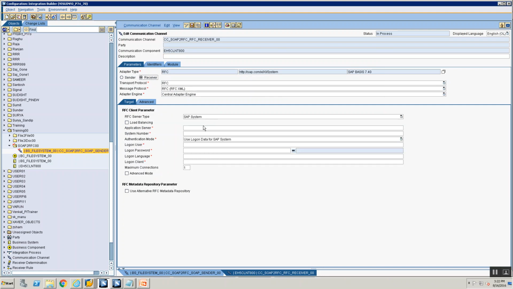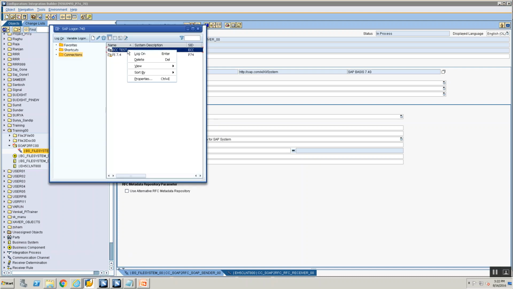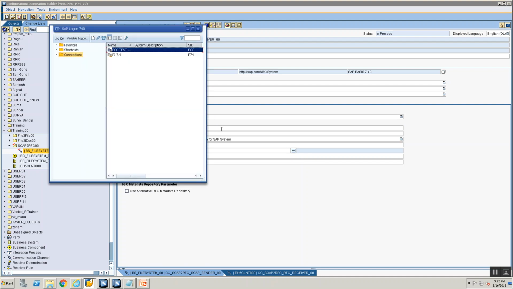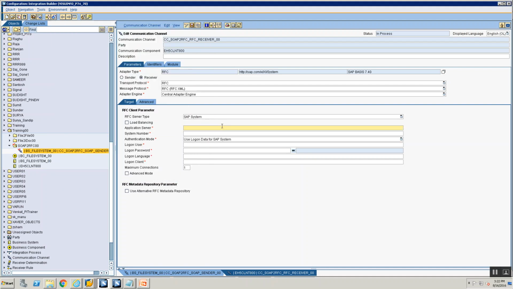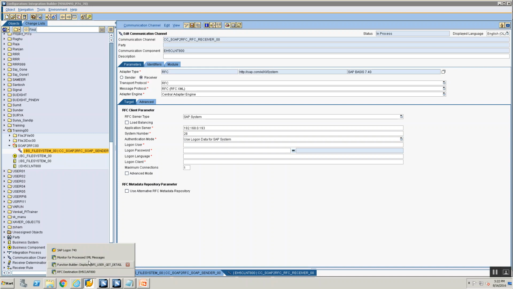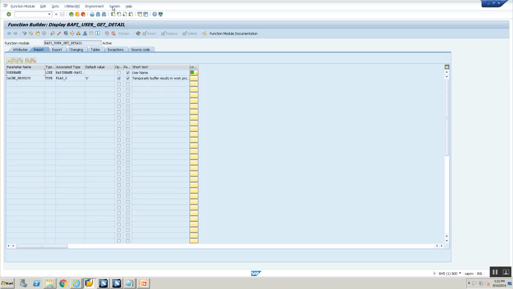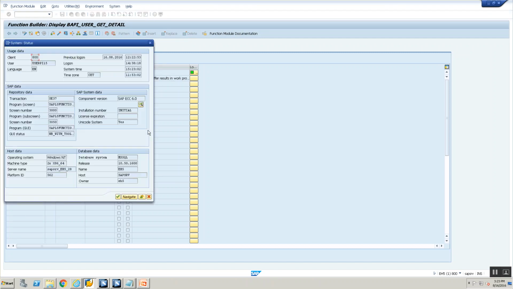Now you need to enter the details of your SAP system. Okay, it's asking me for my application server, so I'm getting my IP address. So get the application server. My system number is 28. My user ID is, I don't remember it, so let me go here, system status, and get my user ID, right?